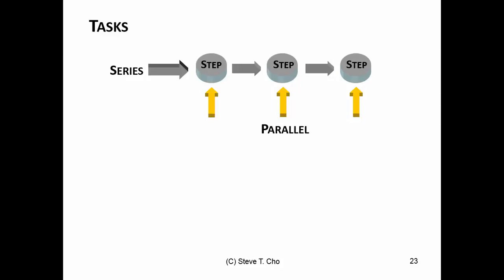The other part of it is when you look at tasks, what are the tasks that are in parallel and what are in series? The advantage of steps that are in parallel is you can work on them all at the same time. So this is where getting more people working on problems really speeds things up, because you're all working in parallel. However, you have to figure out what steps are in series. Those are the things that you can't get around.